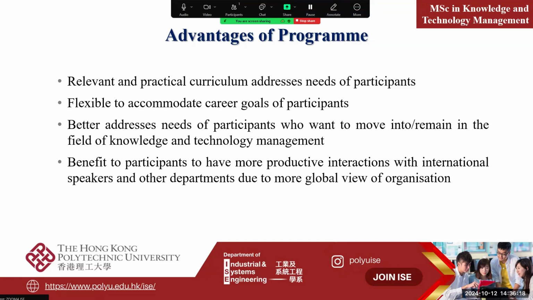A lot of our graduates, just to let you know, some of them go back to China, or work in big companies like Huawei. They join companies as a technology manager, technology officer, or something similar, because this program is for helping them develop a career, especially for those students who are interested in engaging with enterprises and technology enterprises.